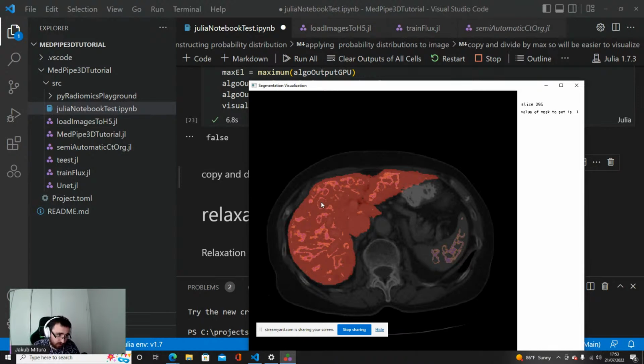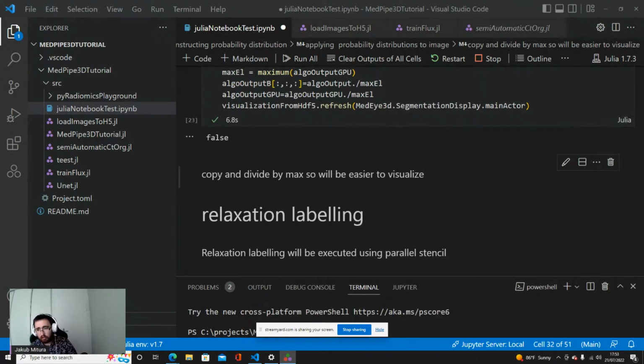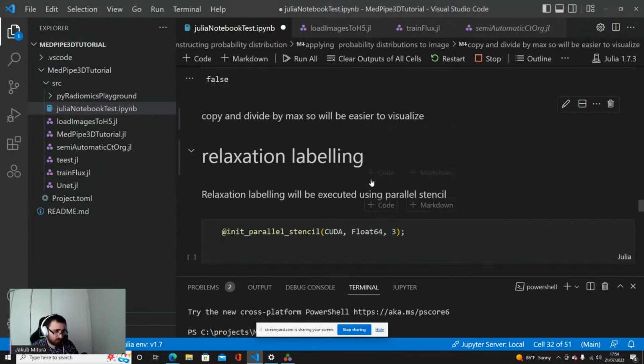So we can use the data about the neighborhood, about the output of our algorithm, to perform the refinement of our algorithm. So our algorithm can get the idea that we have the liver also here and here and here and here, by looking that a lot of voxels around have the high probability. How to do it? The classical algorithm for this is the relaxation labeling.